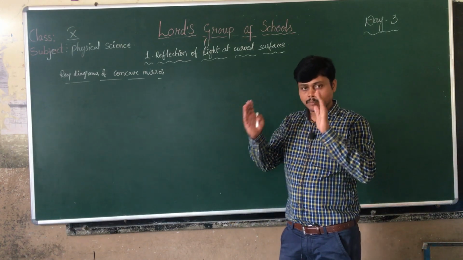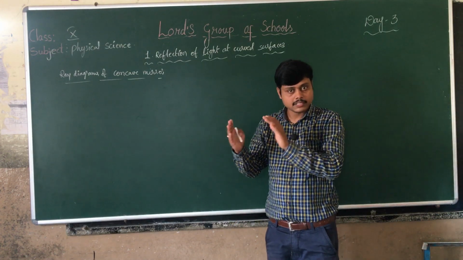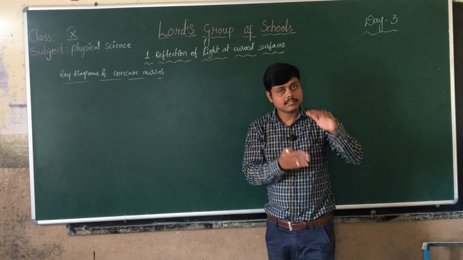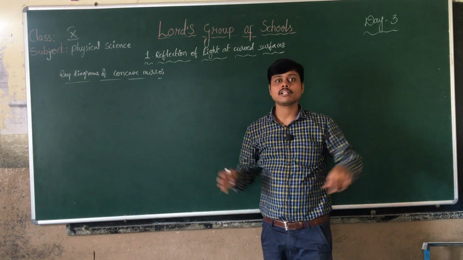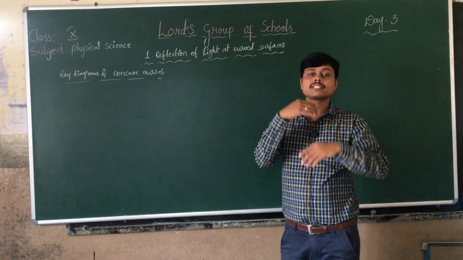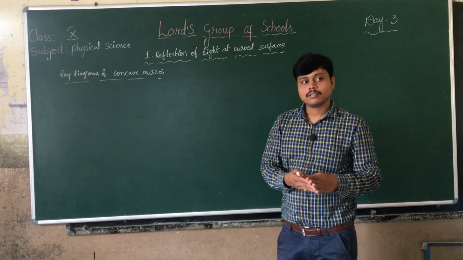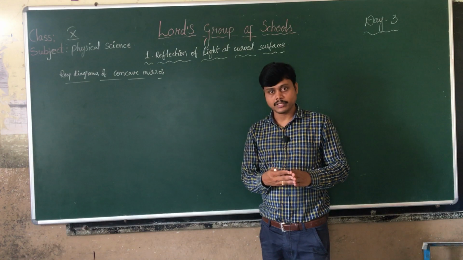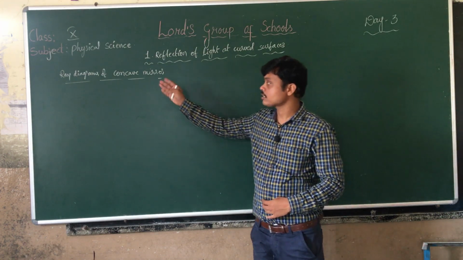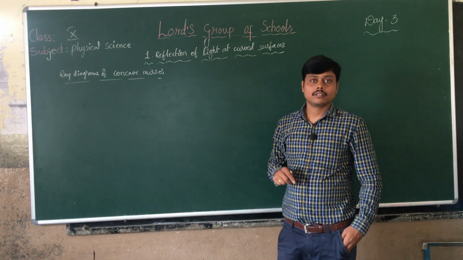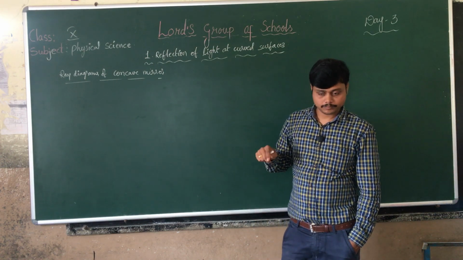It means we have placed an object before a mirror and it is giving an image, either on a screen or inside the mirror, and we represent that in a pictorial form. The position of the object, the position of the image, and the nature of the image can be explained with the concept of ray diagrams of concave mirror and convex mirror.